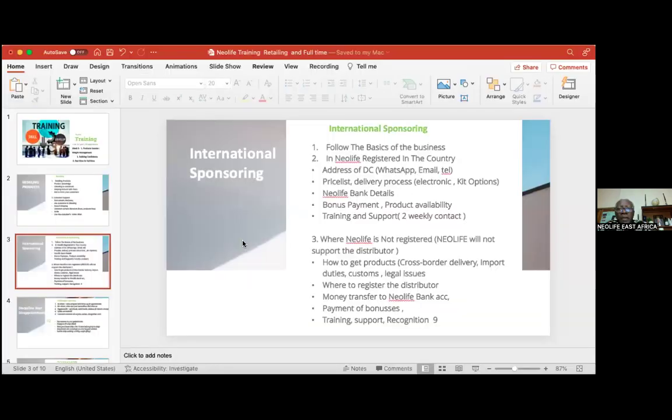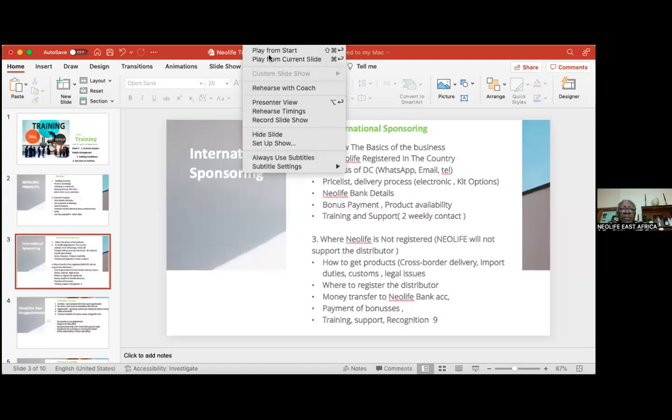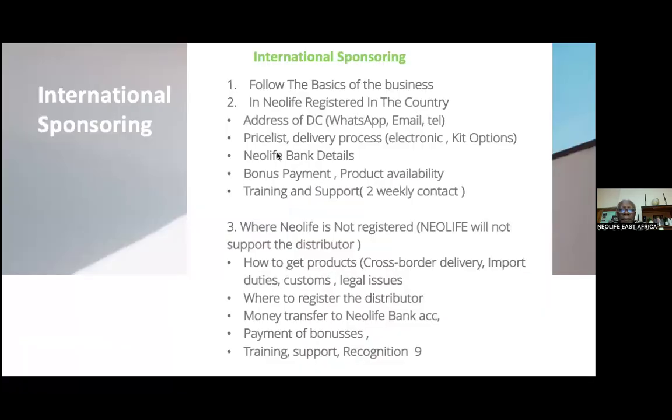So let me go back to the notes where we have been sharing. All right, so you get the bank details from the price list, the payment of bonus, and product availability.